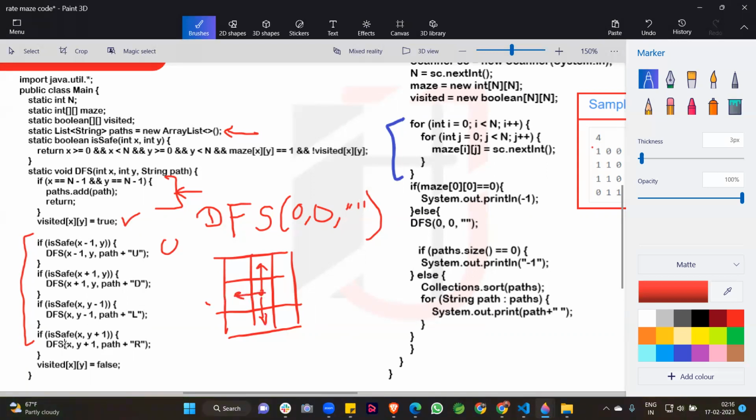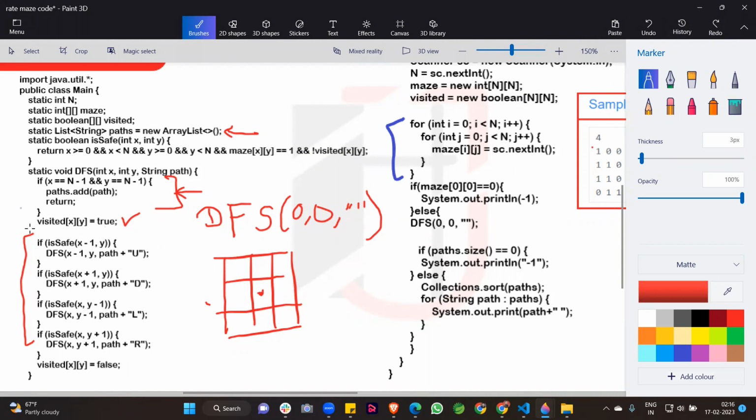After that there is one more is safe function, one more condition that checks the right, because x remains the same but we increment y, y plus 1, so we increment the column. So we go here, and this is for the right. These are the if conditions for checking whether these positions are safe or not.